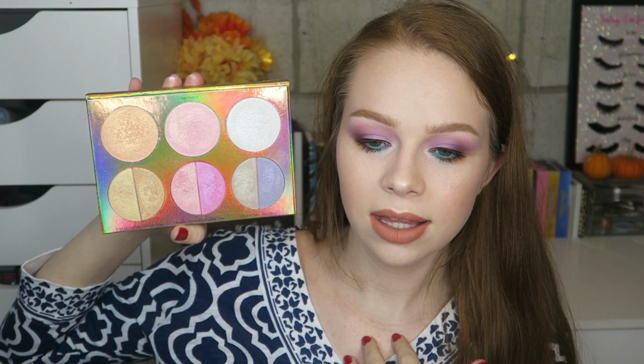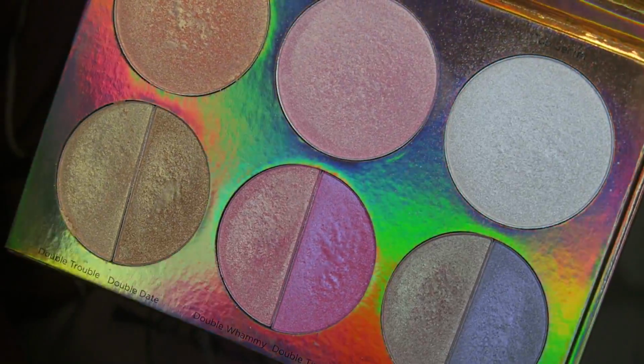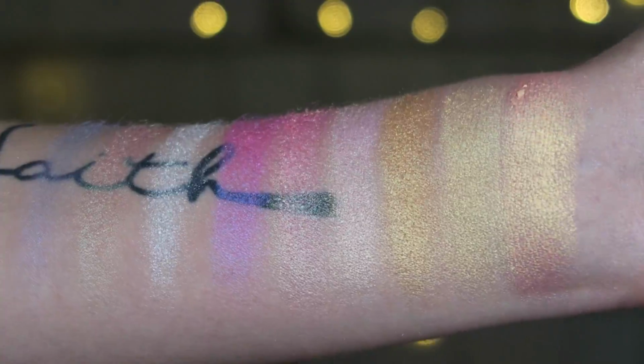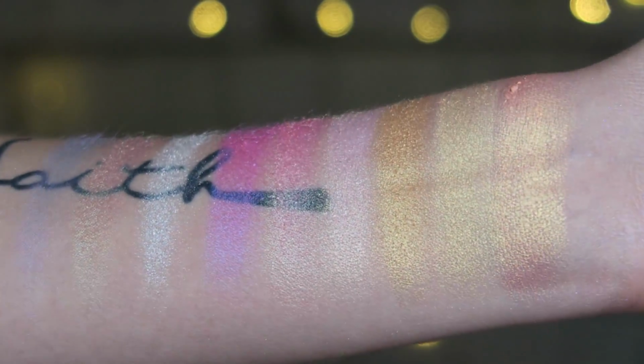So I think, okay, I don't like one shade in here, and it's this one. This white shade is crap. It's chunky and powdery and not intense, and I just don't think this one looks beautiful on the cheekbones at all. But all of the other shades I think are really beautiful. I think this is one of those palettes where you could definitely